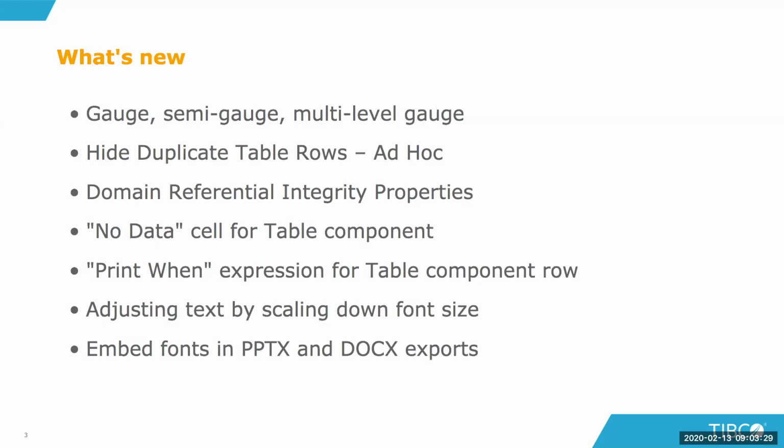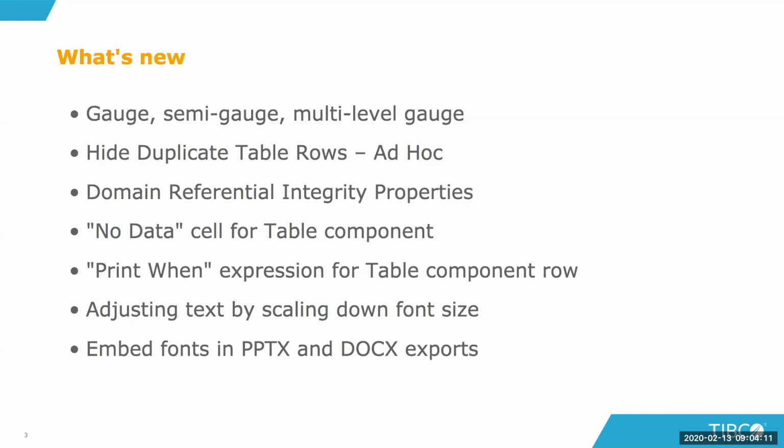An important feature, with a lot of requests, was the ability to hide duplicate table rows in ad hoc views. We will see this feature in action, and we will talk about a couple of notes about it. We will slightly touch the functionalities introduced for the integrity of referential domains, which means what happens when some fields in a domain are no longer there or have been changed